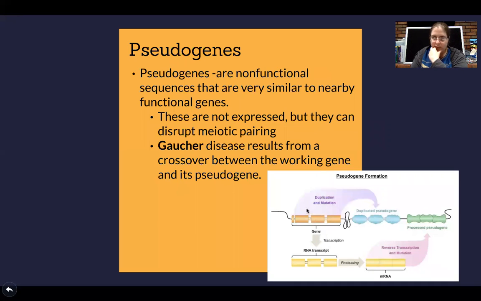We have the gene, goes through duplication and mutation. We get a duplicated pseudogene, which means we actually now process them. Or we can transcribe the gene, process it, and we get our mRNA. So that can then lead to, and the picture is a little weird to really look at, but we think about it